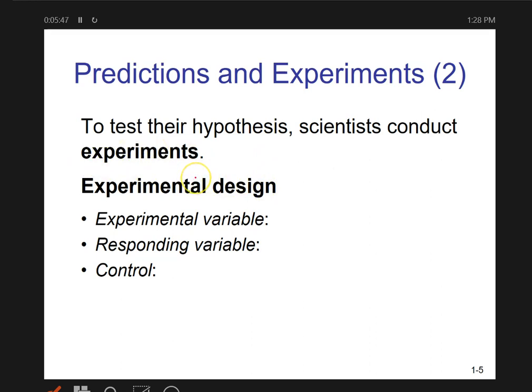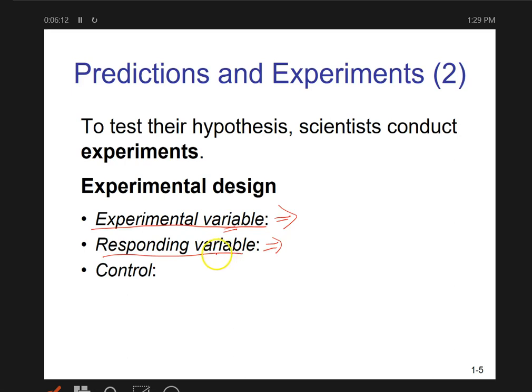So when you're designing an experiment, obviously you have to have an experimental variable. So experimental variable, in my case, remember, would be drinking hot water with lemon, right? Responding variable, well, what did we check? So we are going to change this variable and test it to see if indeed there's a change in my energy level, or immunity boost, or blood pressure rectification.